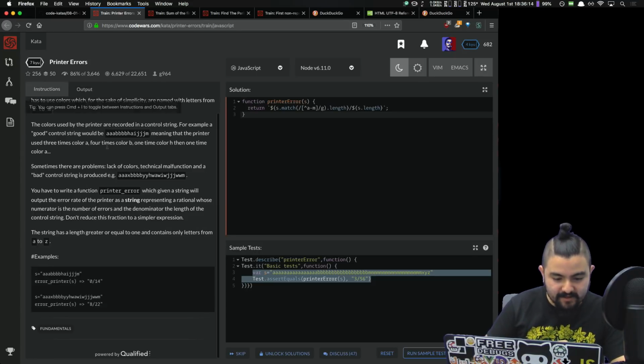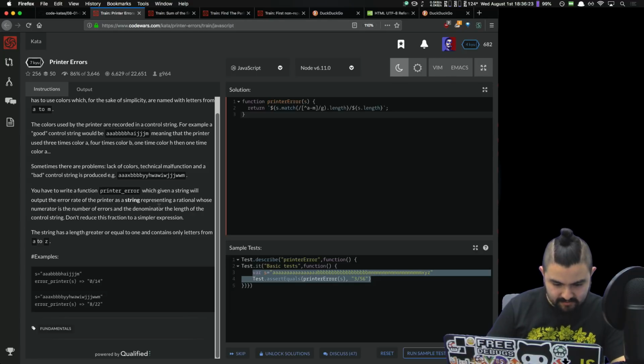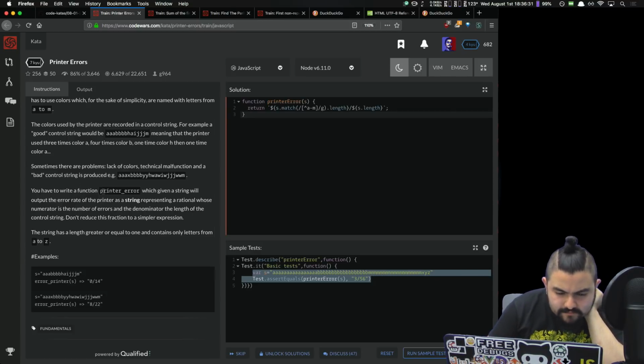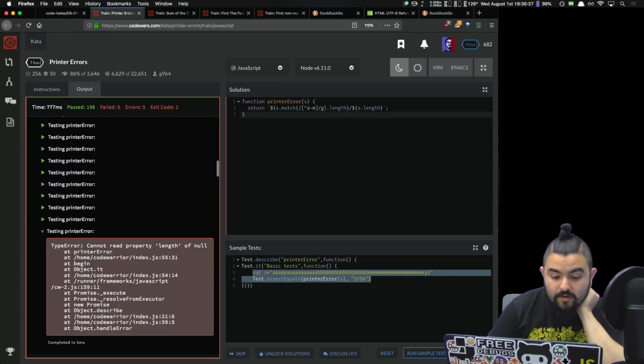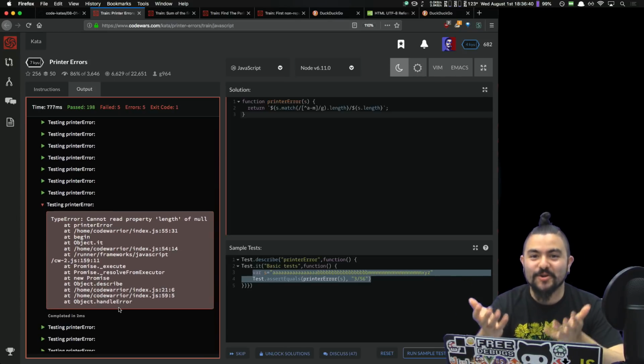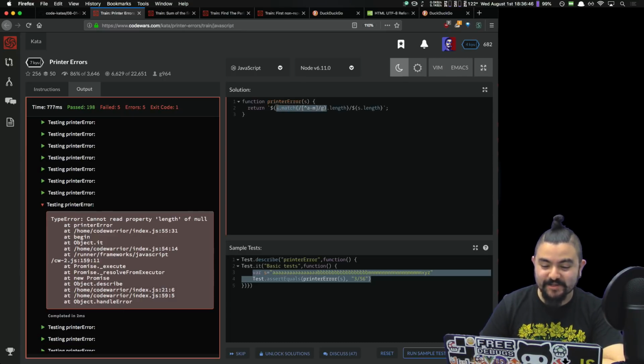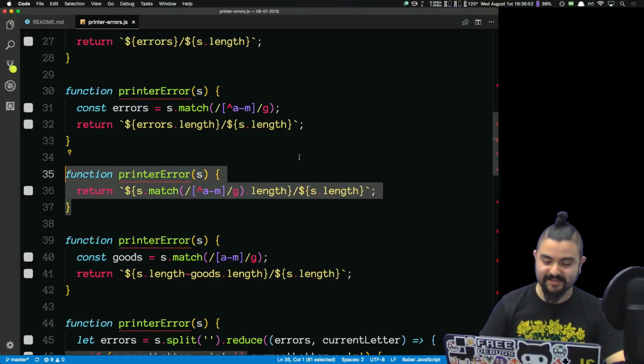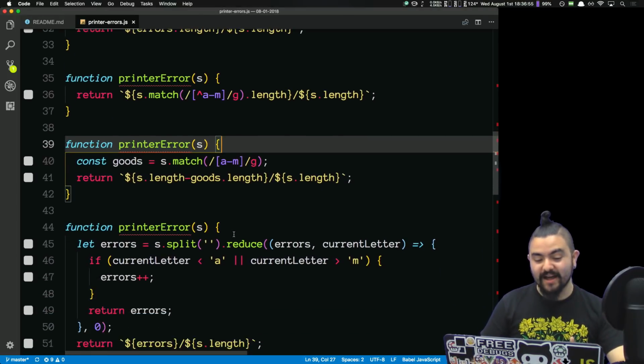Oh, okay. So one thing we're not accounting for is what if the string is null? Let's see. Do they talk about that in here? Oh, no, they didn't. What if there are no errors? Then this array is actually going to be null because there were no errors in the string. Okay, so that's one thing we didn't think about, which is why we actually should,